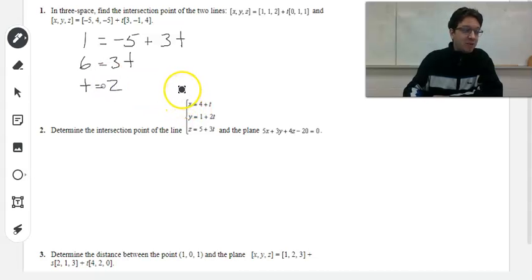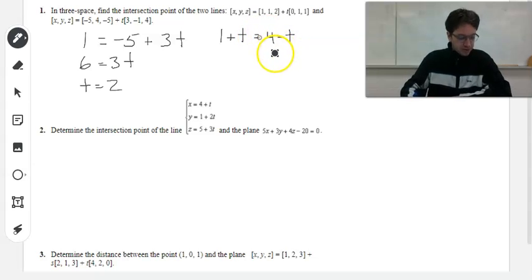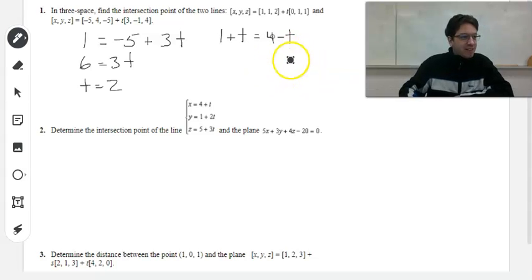Now we're going to do the same thing with our y equations. So for line 1, our y equation is 1 plus t. And that's going to equal our y equation here, which is 4 minus t. It's a negative 1. So 4 minus t. All right, so rearranging here, we're going to get 2t equals,